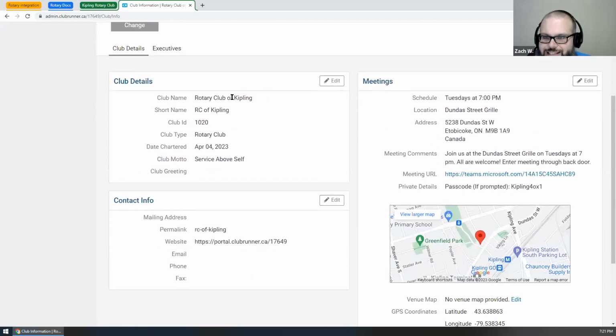Scrolling down here, we can see our club name and our club short name. The club name is displayed elsewhere on the website. This is an internal name for both you and your district. We have our type of club, which we can't edit, but we do support both Rotary and Rotaract clubs for